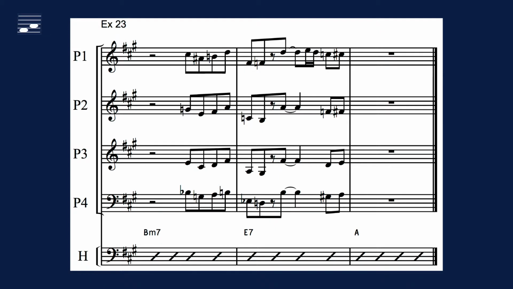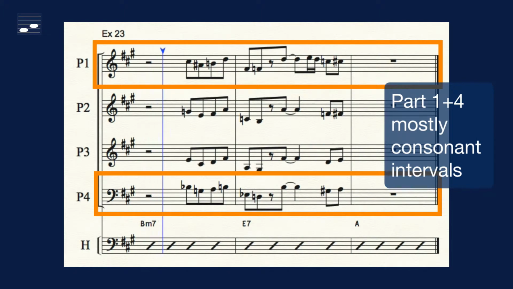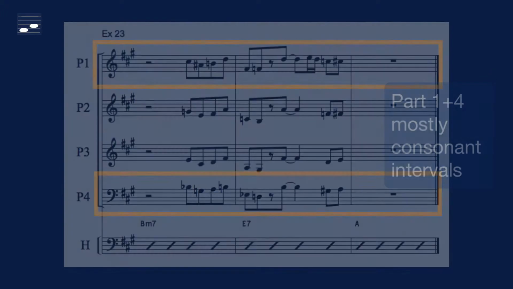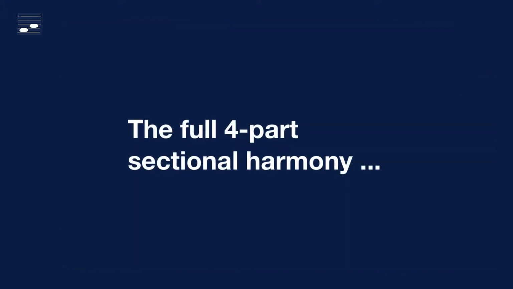This modifies the interval relations between the outer parts. These are exceeding the octave interval, but most of these are still consonants. And the full section now becomes